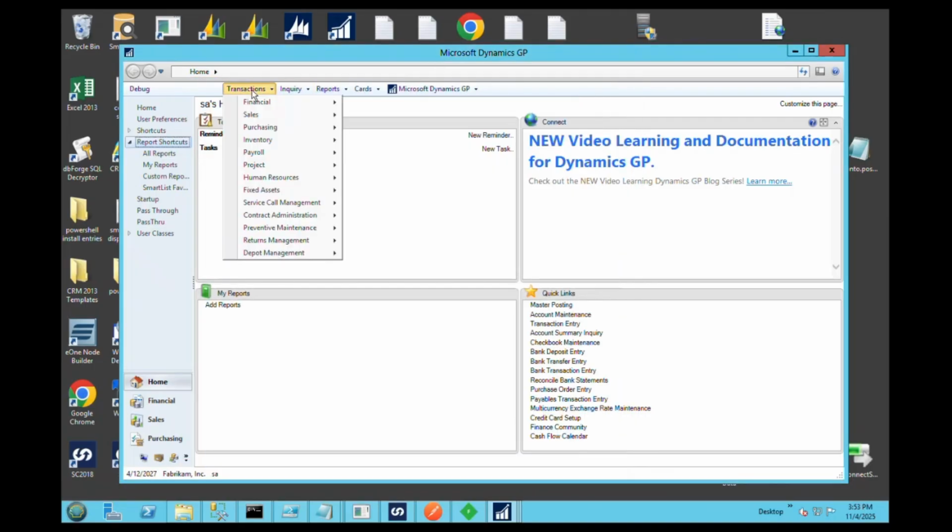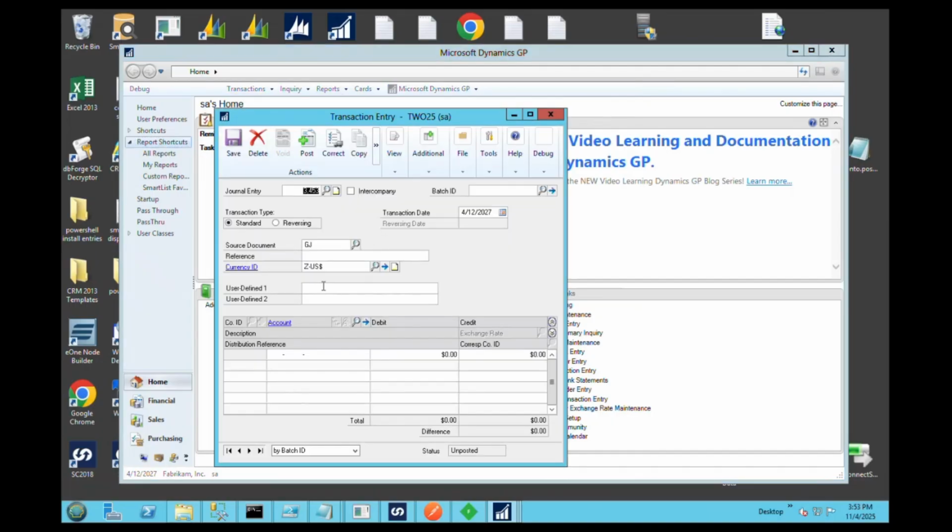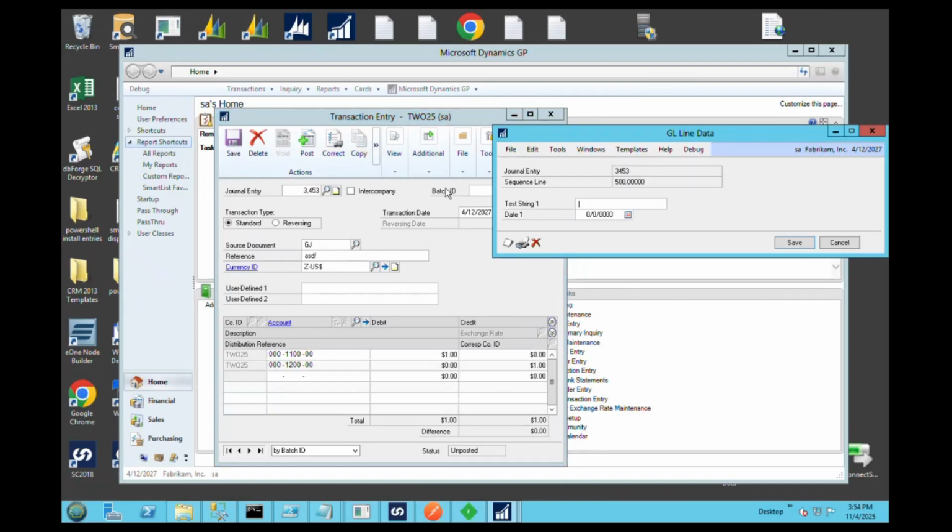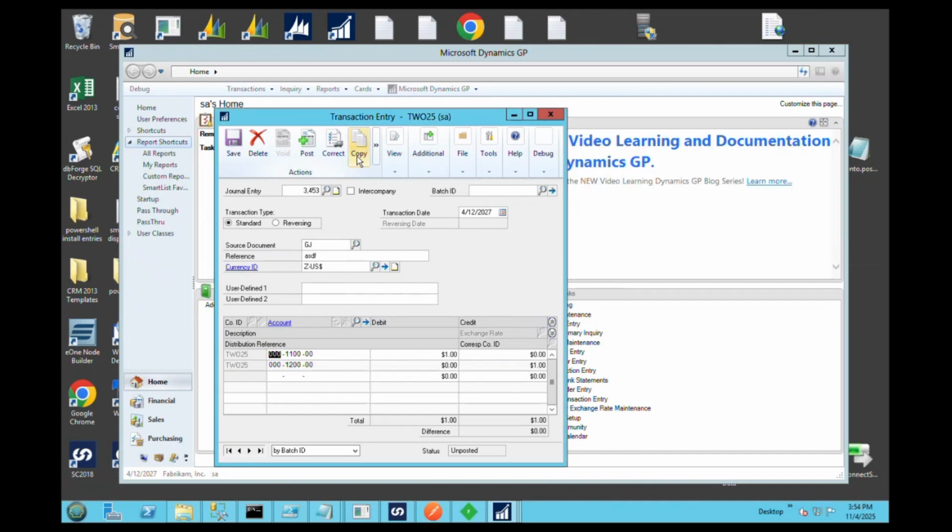So if I go to transactions financial general, let's put in data. It's 3543, and let's load up, and we again see the same exact thing. It's 1, 1, and we see the 500 and that's not any different than it was before, because again it's based on the key fields, which in now my 2025 install, for 18.8, it's the same, and that's going to work the same. So let's post it,